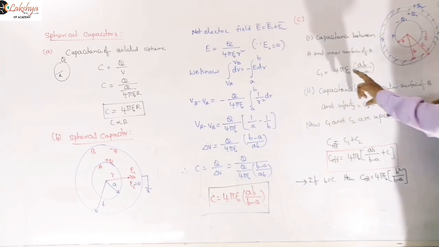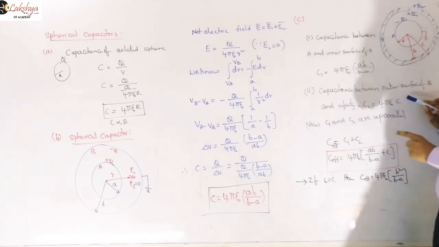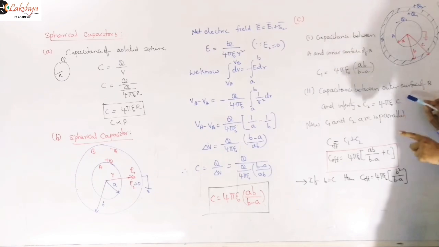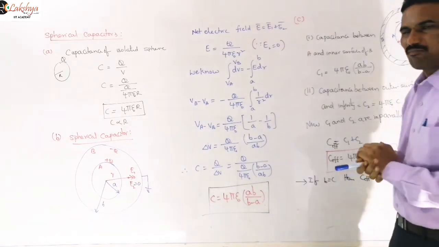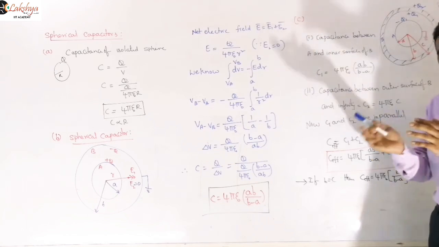So now we need to identify the two capacitors over there and the capacitance of those two systems we mentioned. Next we need to identify whether they are in series or in parallel. So we know the basic conditions when capacitors are said to be in series and when they are said to be in parallel. Parallel means the potential difference should remain the same, and series means the same path should be there, so that the same amount of charge should exist on them.